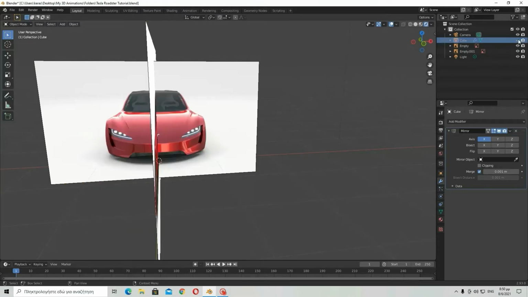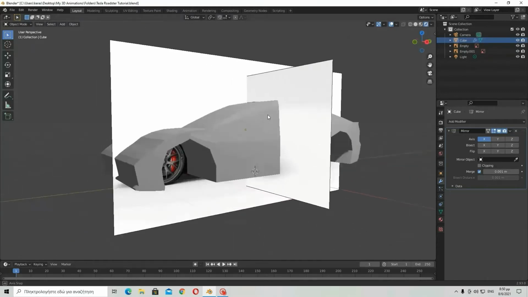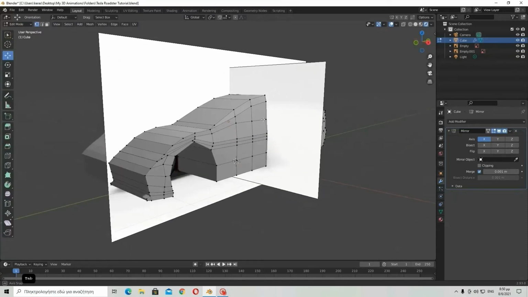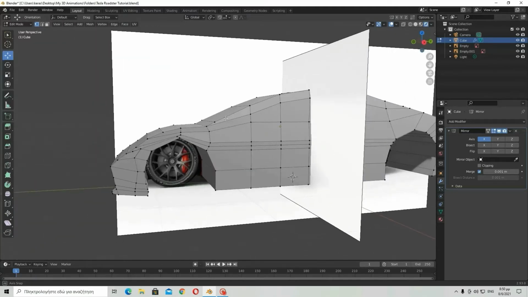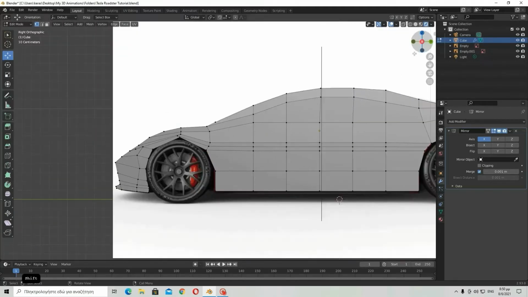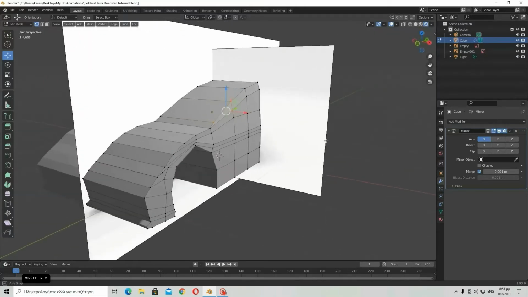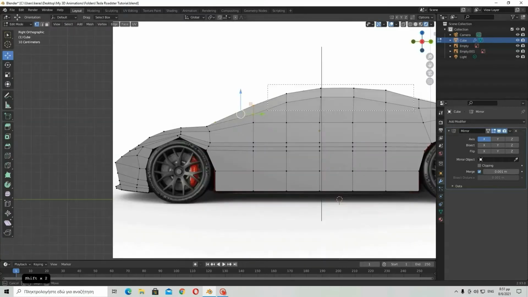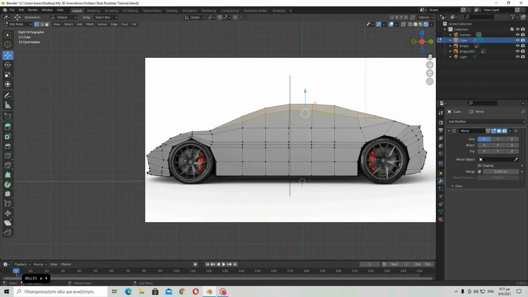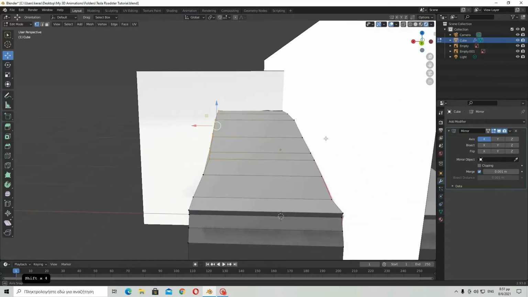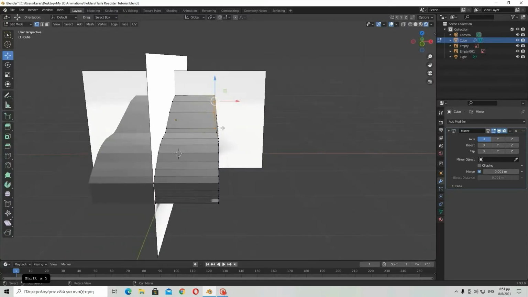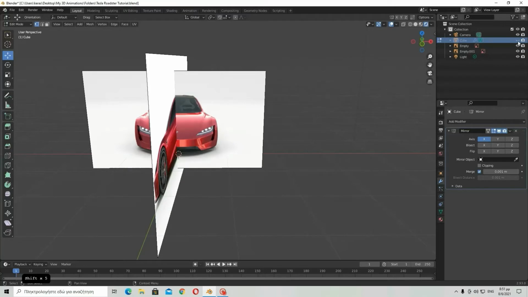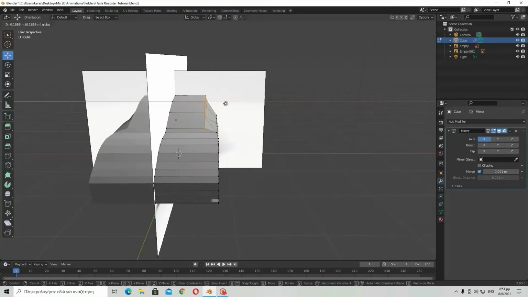Now let's see if, whoa, no, wait, I made a mistake over here. We need to take these and move them a little bit more to the inside, because the Roadster has got this racing car shape, which pretty much means that we need to make it look like this. To do that,